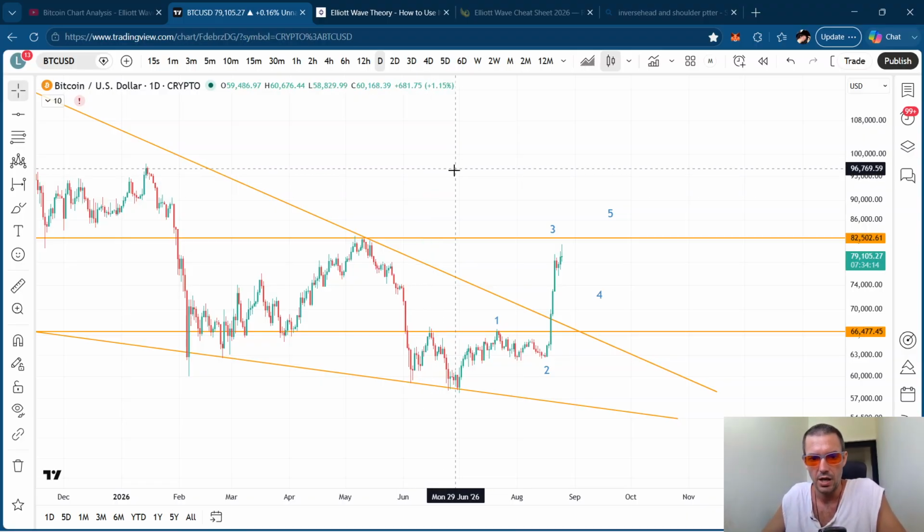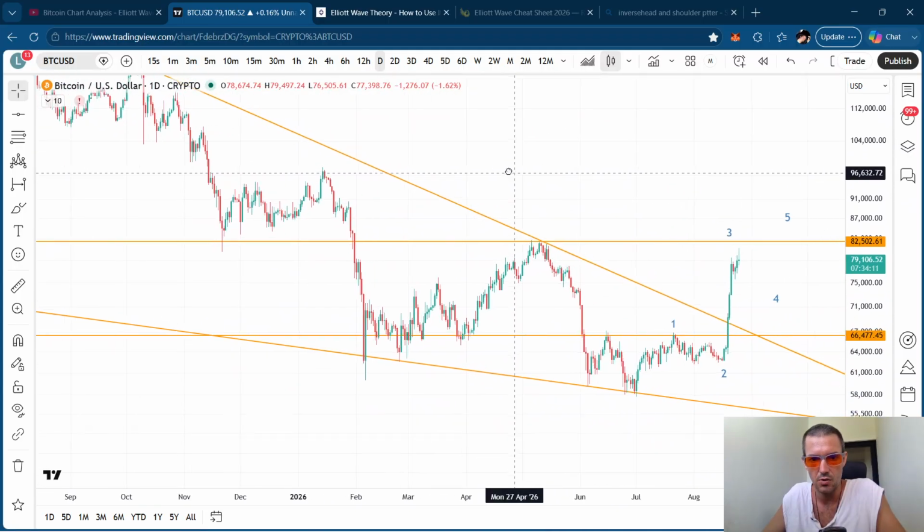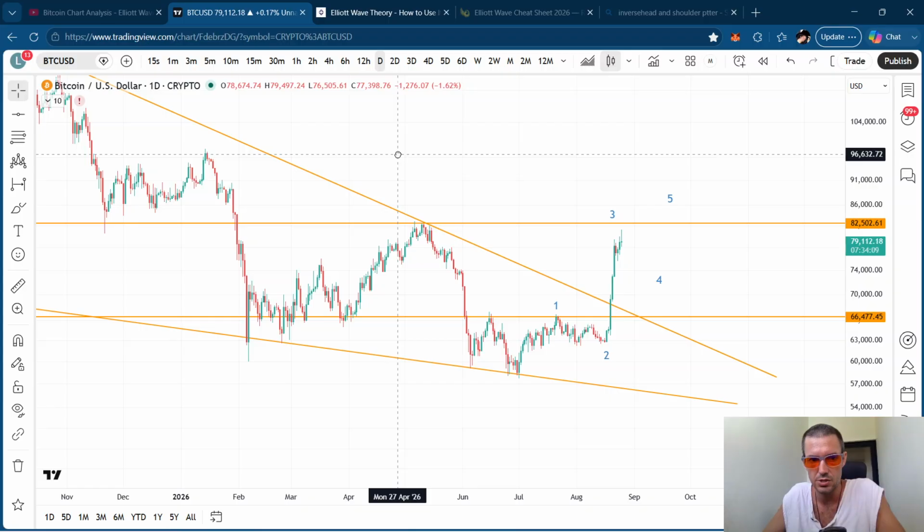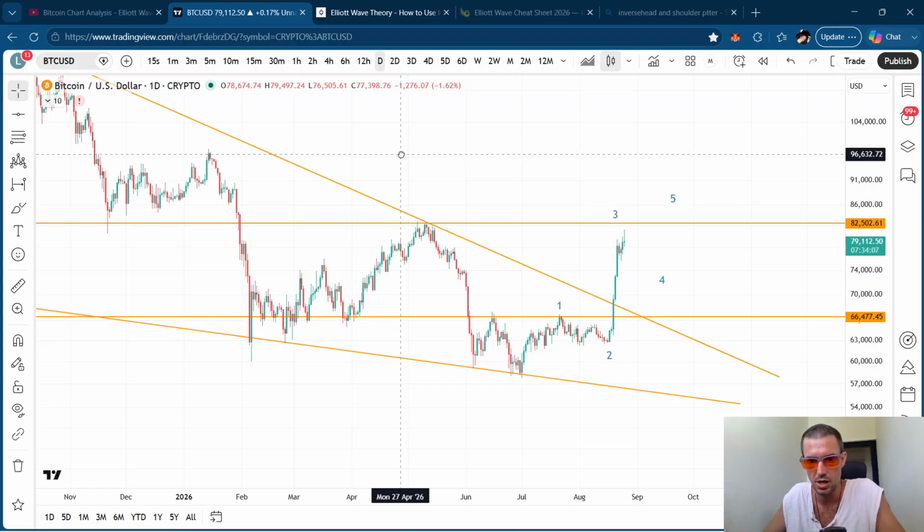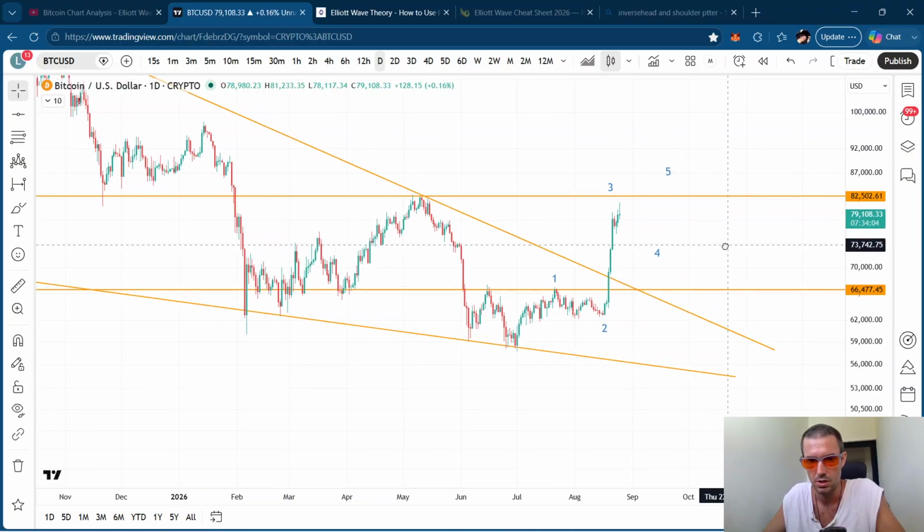So yeah, Elliott wave tends to play out and tell us trend direction pretty much every time. So right now,